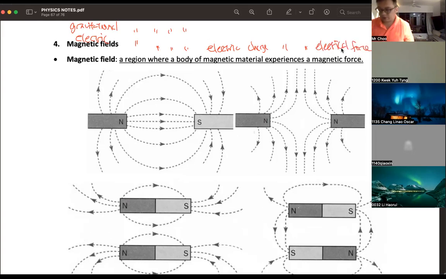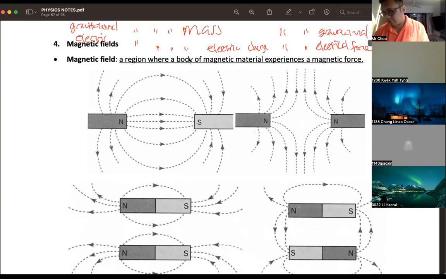Understand? So everything is the same, just that for electric field, instead of magnetic material, you put here electric charge, and instead of magnetic force, you use electrical force. Okay, how about gravitational field? Same definition: a region where a body or a mass experiences a